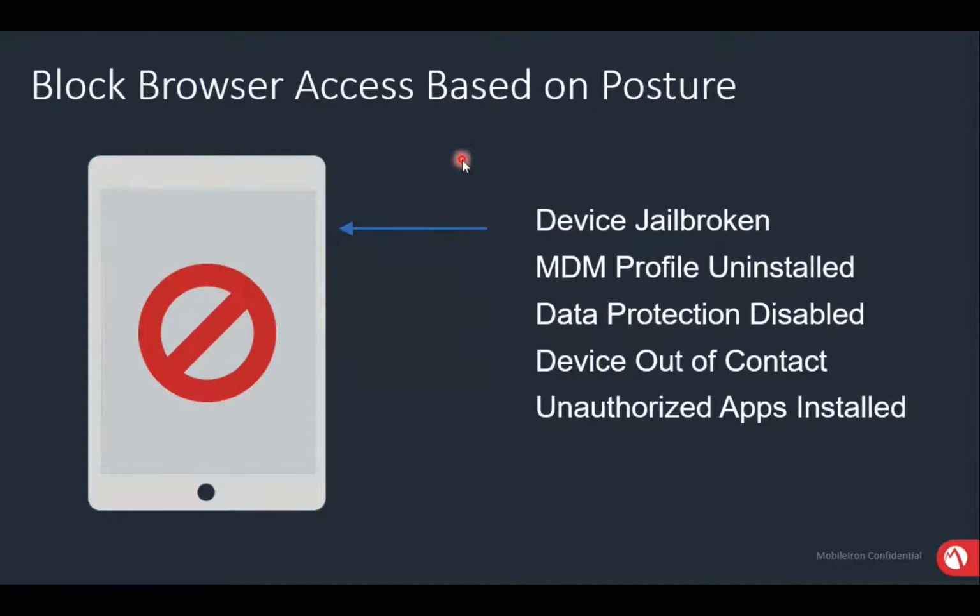And you can also have a list of whitelisted apps and blacklisted apps. So it will check if any of the blacklisted apps is installed on the device. There are a couple of actions you can take. You can either alert the user saying there is an unauthorized app installed, requesting the user to remove the unauthorized app to continue using your corporate resources. Or simply, if any unauthorized app is detected, automatically you can block access to the Sentry, which means the user cannot access anything behind Sentry.